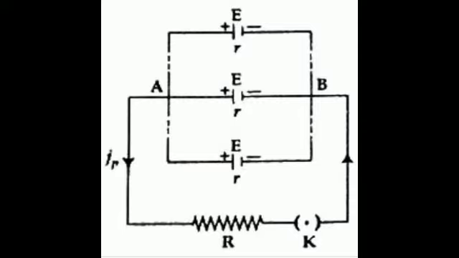Let psi be the EMF and r the internal resistance of each cell. The equivalent internal resistance of the battery is given by 1 by r equivalent internal is equal to 1 by r plus 1 by r plus up to 1 by r, n terms, which is equal to n by r. So the equivalent internal resistance is equal to r by n, and the total resistance in the circuit is equal to capital R plus small r by n.